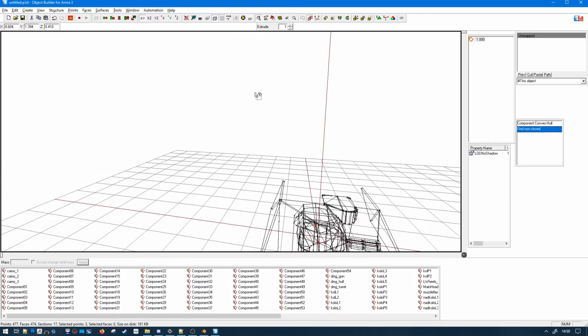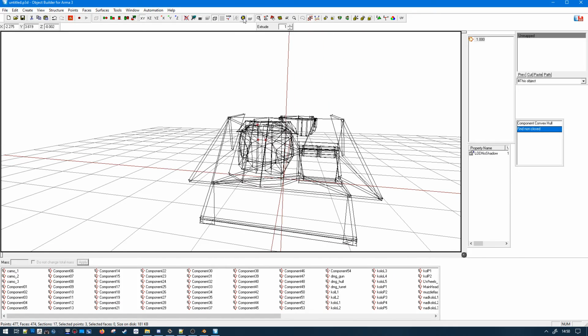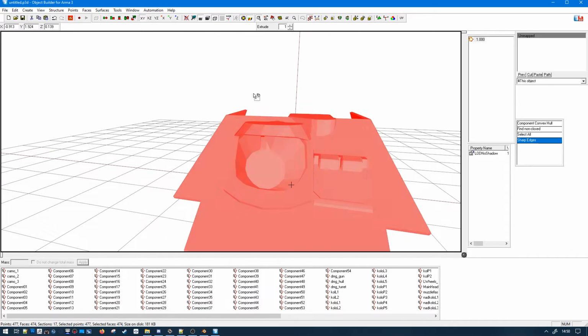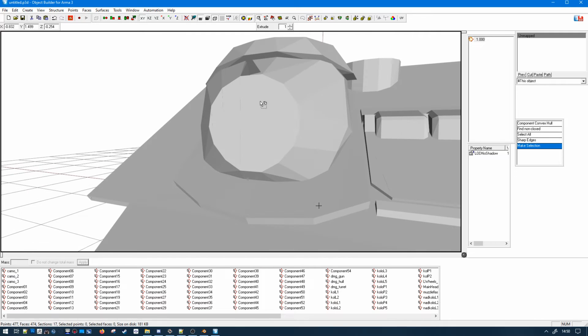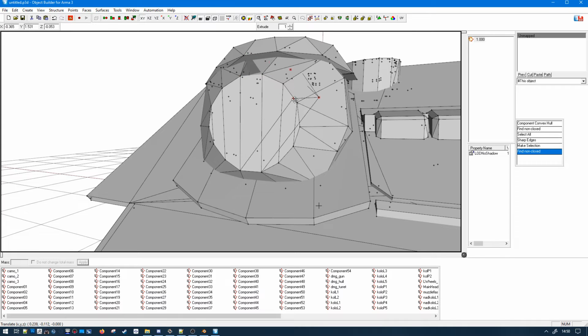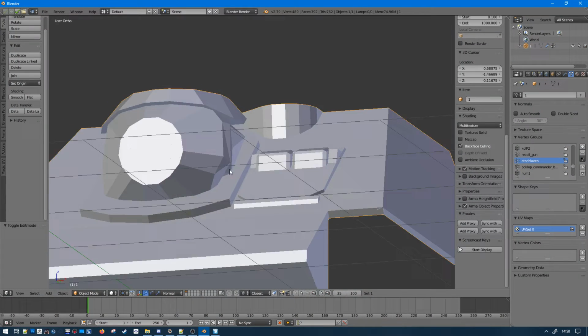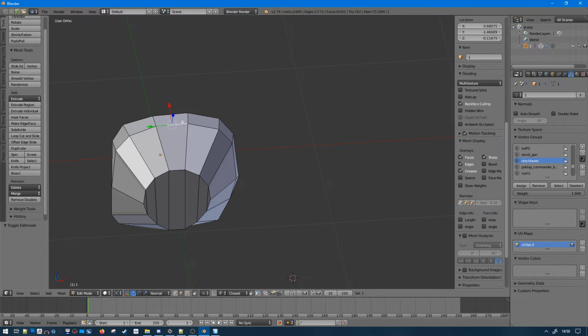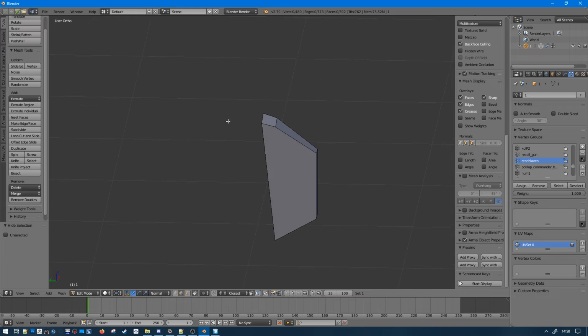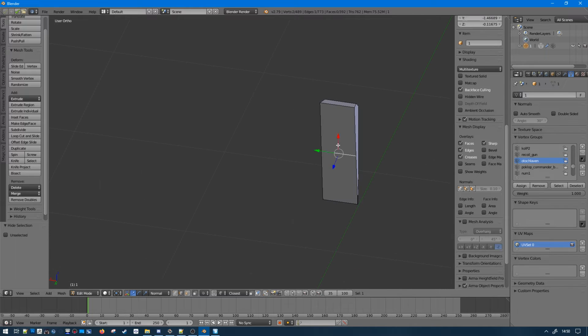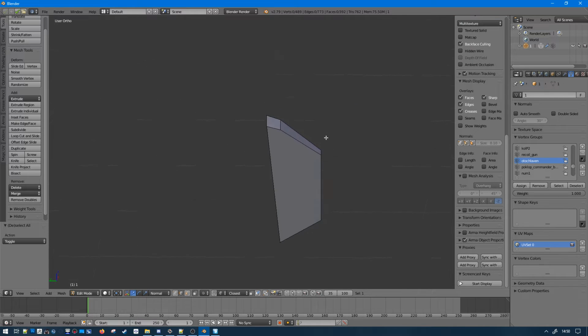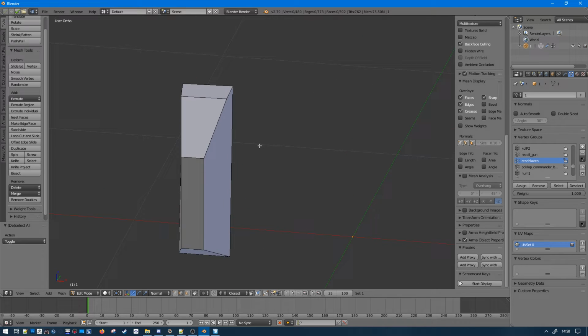Still the front one is breaking, but the other ones are good. Okay, this one.